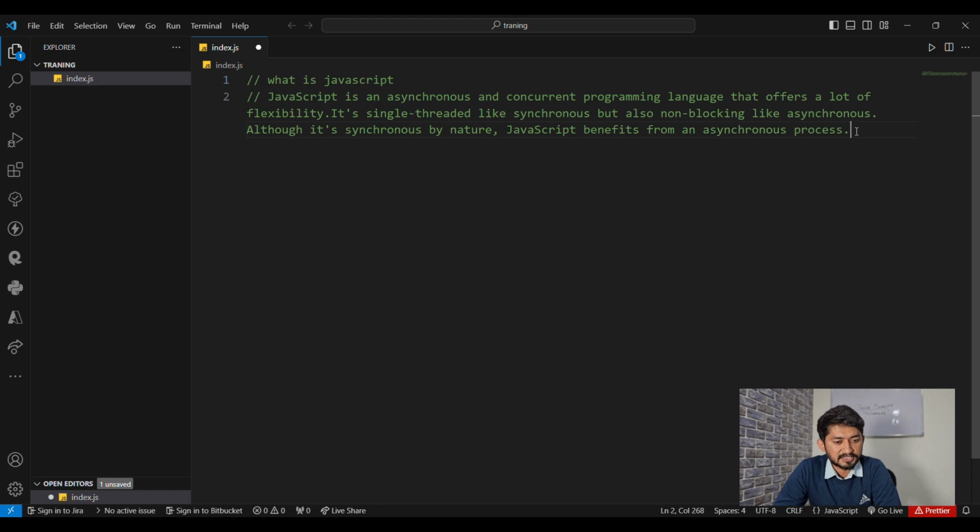JavaScript is a single-threaded language, meaning it will run the code line by line. First, it will execute the first line, then it will execute the code in the second line. I will show you the code. For example, right now I am going to show you the smallest function of JavaScript. Like there is a